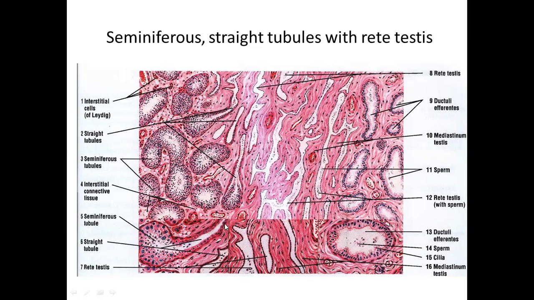Inside the straight tubule, there is no spermatogenesis happening, and now these straight tubules will open into the network channels which are present in the mediastinum connective tissue, lined by simple cuboidal, columnar, or squamous epithelium. So these are rete testis, and then these rete testis will open into the next level of duct, which are efferent ductules, or ductuli efferentes as mentioned here. So rete testis will open into them.